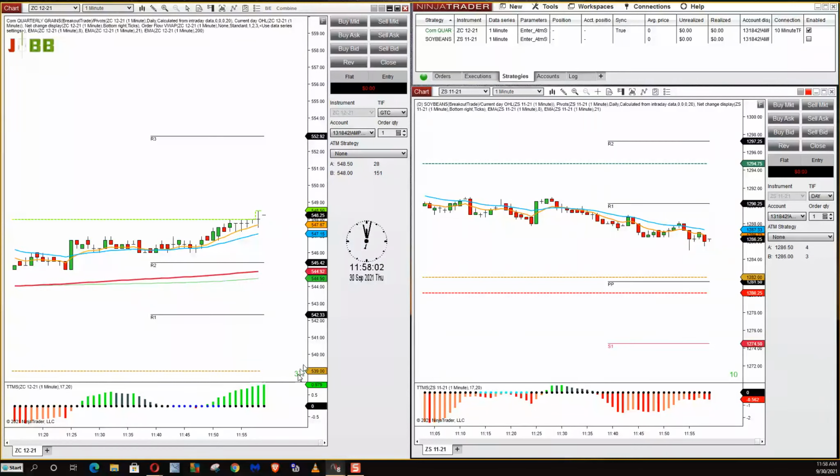You could see that there's more ticks of movement in corn today. Neither is like off the wall. I mean, corn's got a bit of volatility.